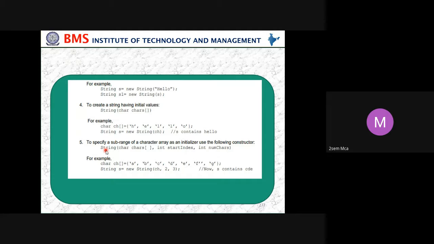For example, here we are storing an array of characters named ch: A, B, C, D, E, F, G. These are the characters we are storing in the character array ch.